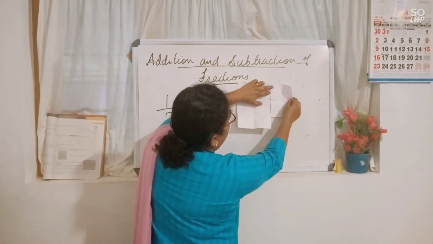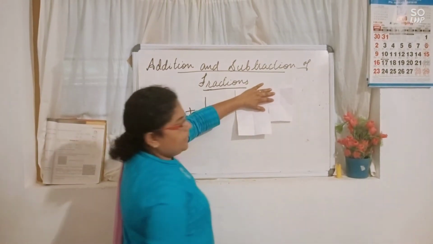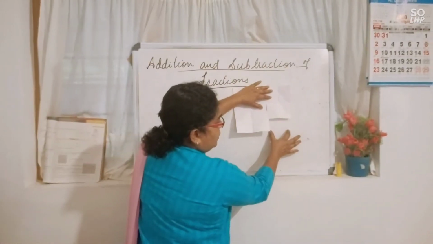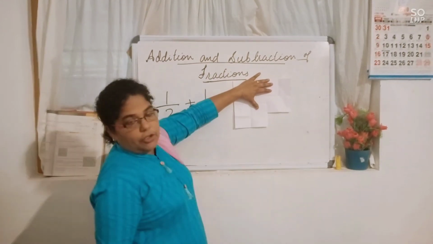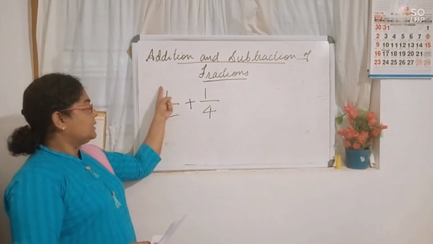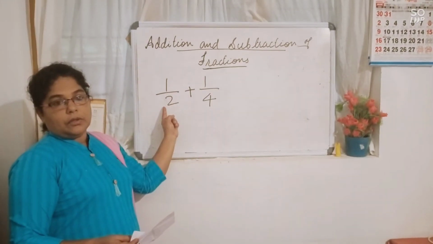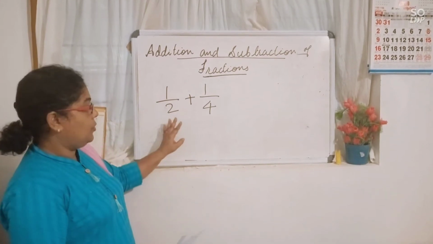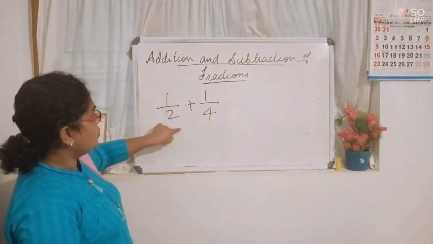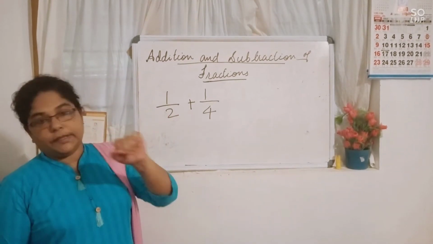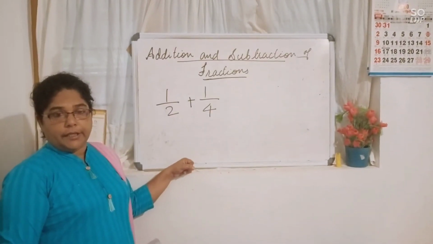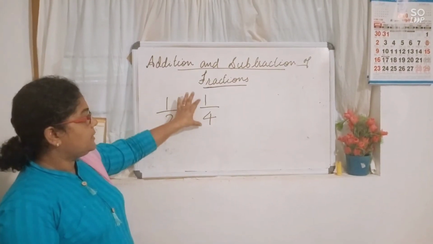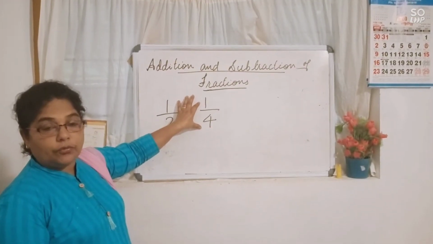When we are adding, we keep them together. Are you getting the full paper here? No. Here one more portion we needed. Here one piece is pending. So to add it, this is the 1 by 2 portion, this is 1 by 4. To add them, this 1 by 2 we also make into one more piece. Equally dividing. Here one person is getting one part out of 2, and the next boy or girl is getting one part out of 4.